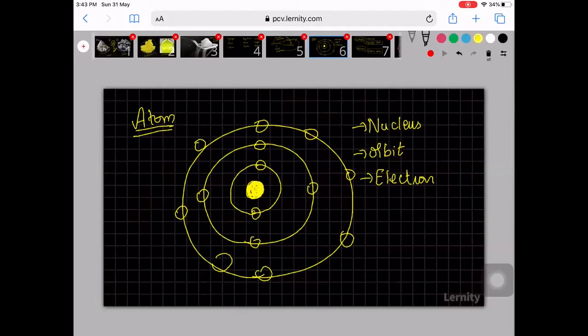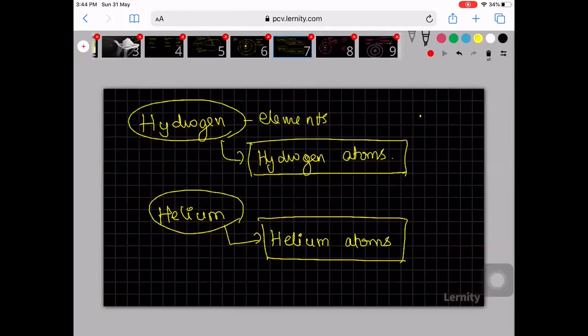So atoms have to be very, very small. Okay? But only if we study about them will we know how the elements react, and how they look. You see, impure water can conduct current, yes or no? And the copper wire that we use can conduct current. So all these are able to conduct current. Why? Because of that